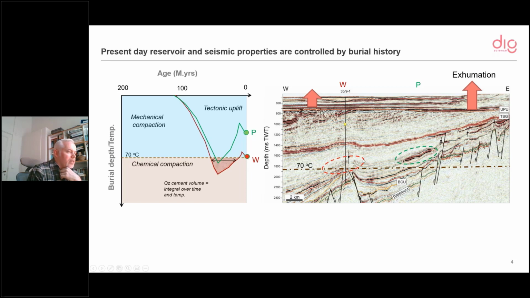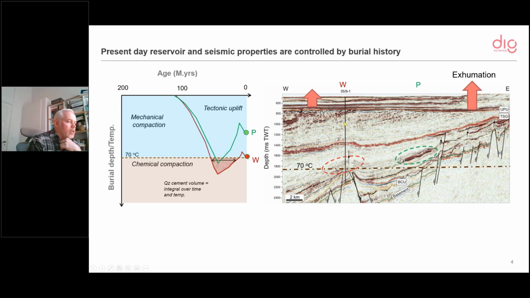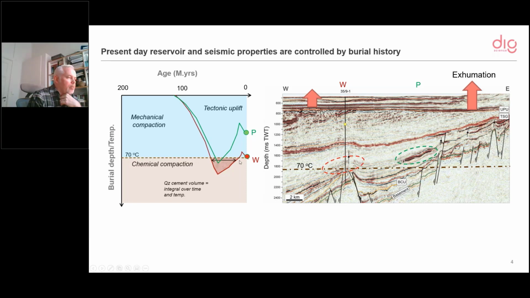And of course, this is a classical challenge. How can we predict or say something about and de-risk the presence of hydrocarbons in these anomalies when we go away from wells? And the tricky thing is, of course, that as you see in the geology here, there has been some extensive exhumation that increases eastward. So it's very important to honor the fact that maybe this prospect has been deeper, but the question is how deep. And it's certainly also important to know the differences along this profile. What's the burial history at the prospect location relative to the well location? And are we seeing here just a change in diagenesis, or are we actually seeing the fluids?